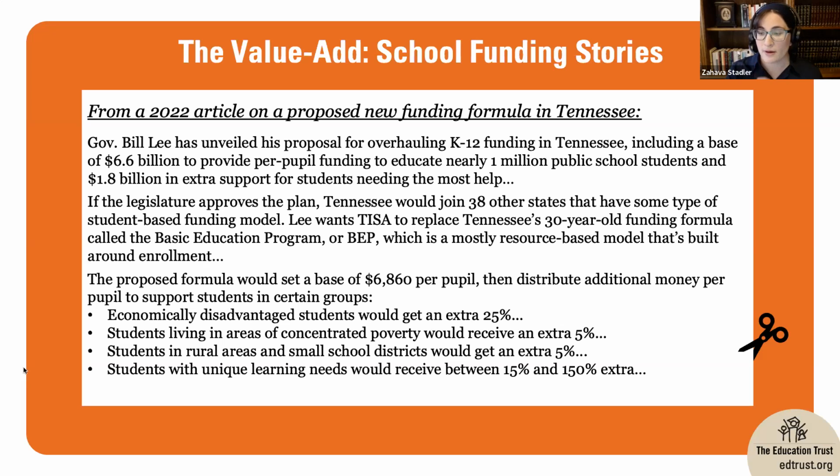boost over and above a base amount of $6,860, as the article tells us. So 25% of that is $1,715. That's the bump we're talking about for students from low-income backgrounds. How does that number compare to the dollars that other states provide for students in this category? Is Tennessee proposing to become a national leader here, or to match the median state? Will it still lag behind best practices? So incorporating the FundEd policy information could help take this to the next level.